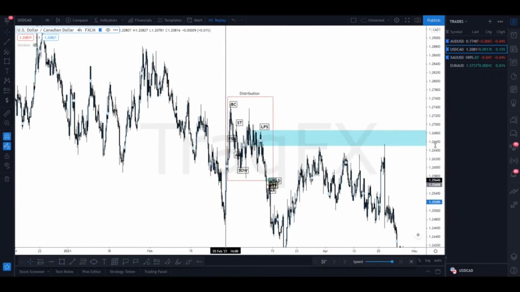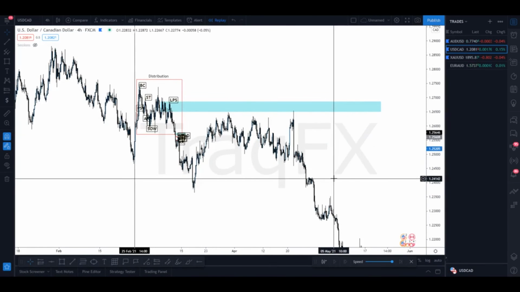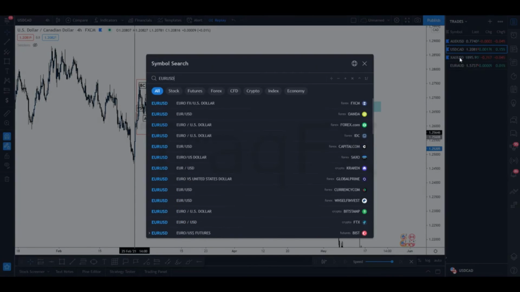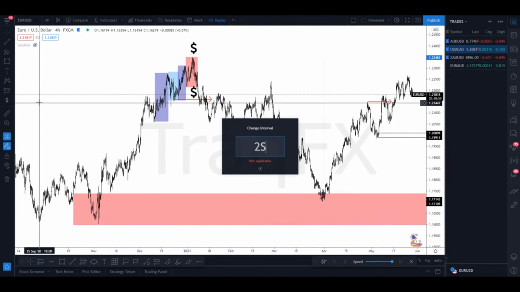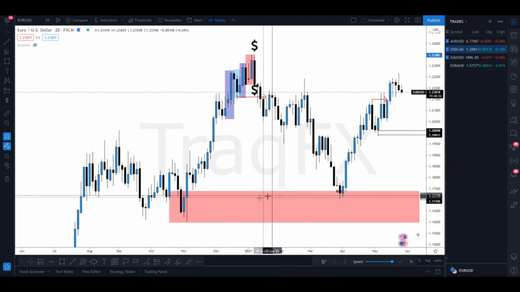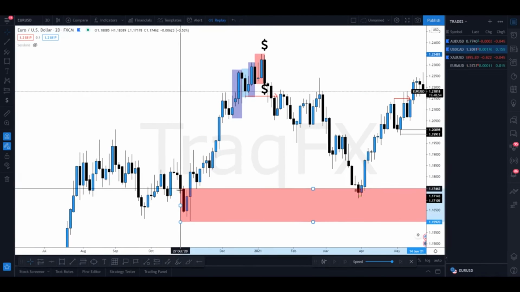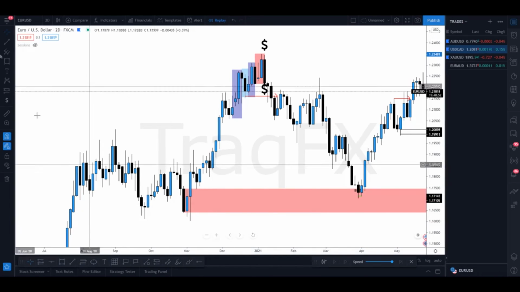Now we do have another traditional type of Wyckoff, which is more for confirmation. So let me go to Euro USD right over here. I'm sure I showed you guys this schematic before. Well, we have this, I think it was a 2 daily time frame. Yeah, we have this secondary daily institutional candle that we're focusing on. Now if we go down to the 5-minute time frame,